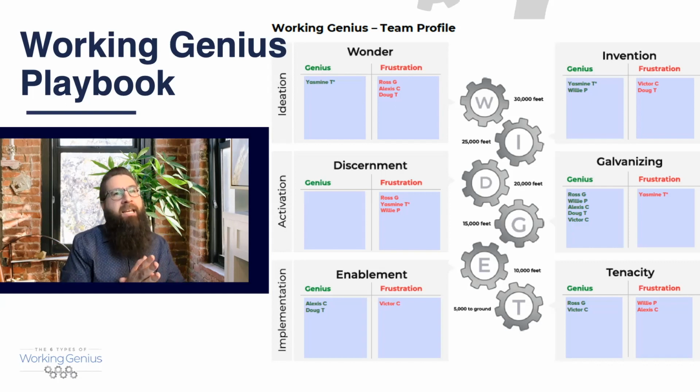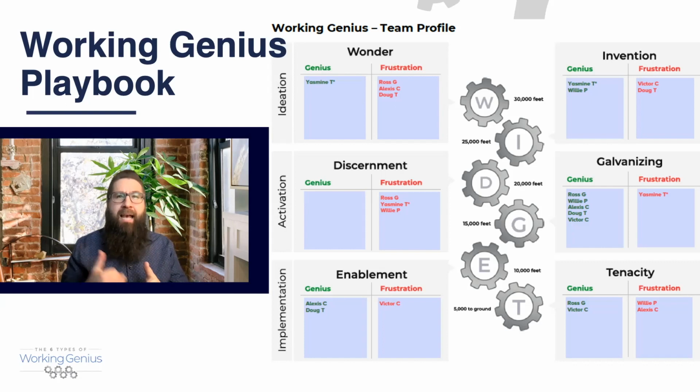The next thing that we want to take a look at is that there's no discernment. This team probably has trouble evaluating, refining, or selecting the right ideas. And so they should ask, okay, how is this lack of discernment explaining past frustrations or failures that we've experienced? And how can we ensure that ideas and initiatives are properly vetted before we actually start implementing or even galvanizing, as we'll notice? And can we hire or borrow someone with this genius to help us with our decision-making process?